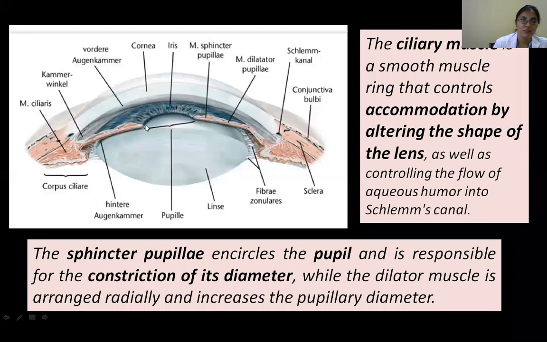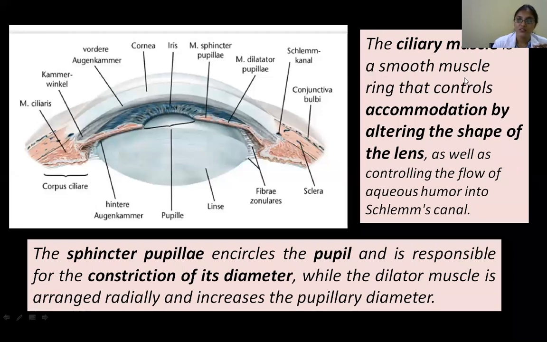And then you can see this is the pupil, and you have the iris here. You've got the sphincter pupillae muscle, and this is the dilator pupillae muscle. The dilator pupillae is again sympathetic, so when dilated, you get wide pupils. Then this is the sphincter pupillae, a circular band of muscle. When it constricts, it restricts the amount of light that enters your eye. The dilator allows more light. Okay, so these are the muscles.